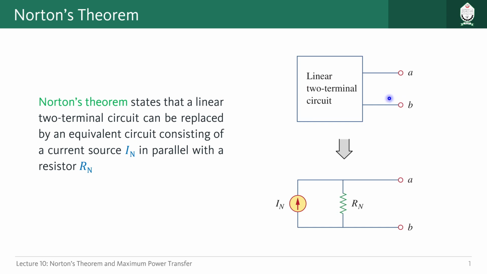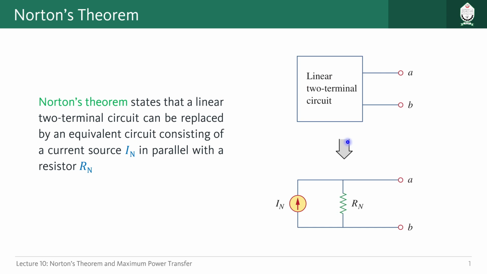But we want to represent this complicated circuit using just one active source with a resistor. Like in the previous case for Thevenin's theorem, that was a voltage source in series with a